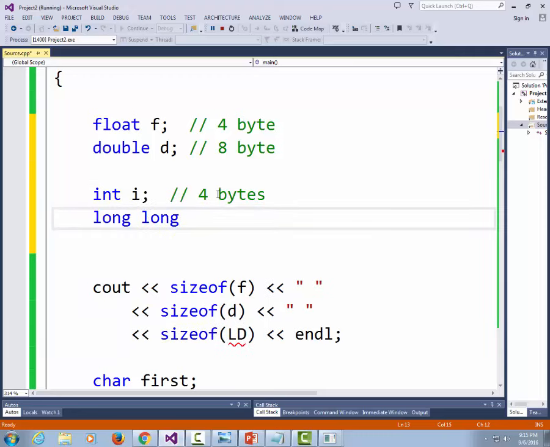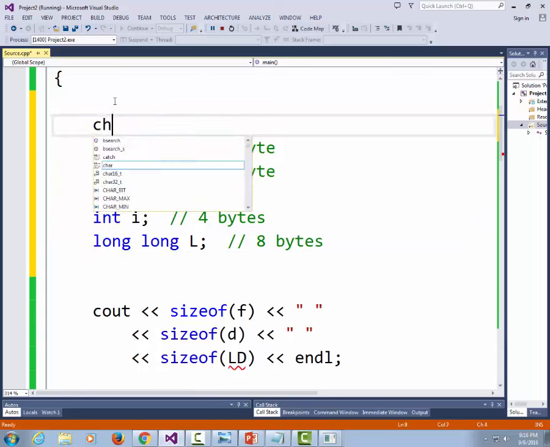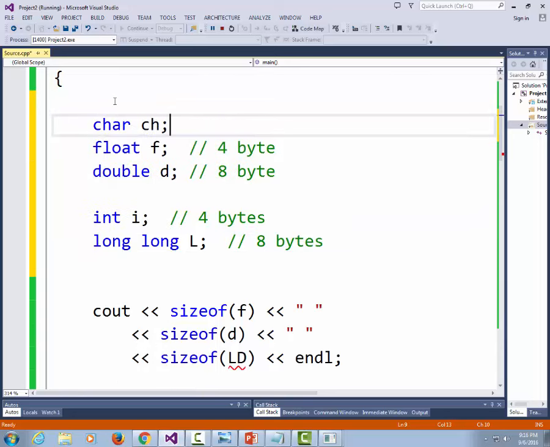A char is 1 byte. So you can use a character to hold a number if you want. I could say ch is equal to 123. But it being only 1 byte long, it can't be larger than 255. Max